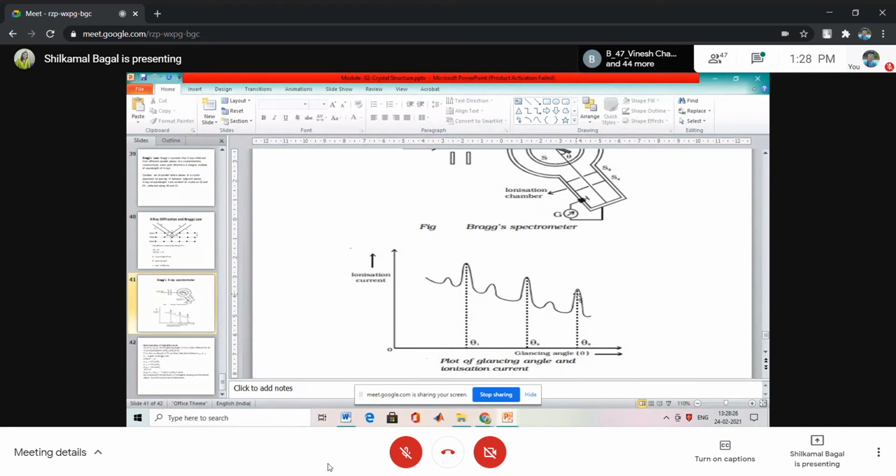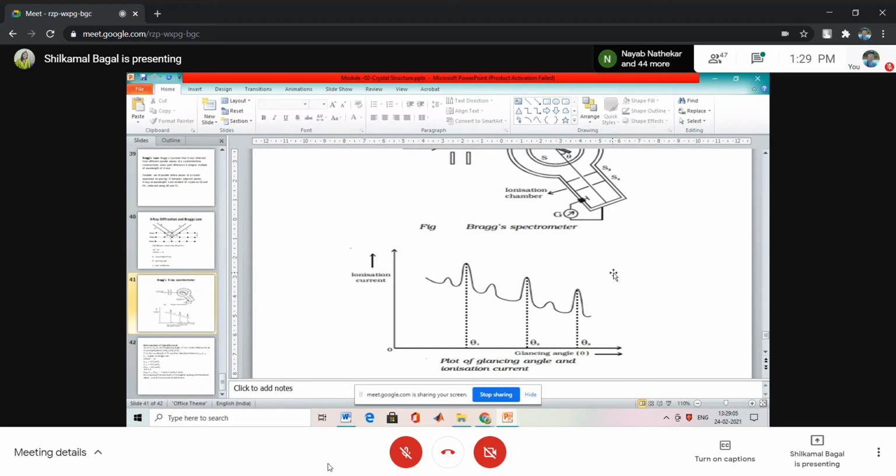And that will show that the set of the next principal planes has come, and the next principal plane is nothing but 110. For that 110 plane, there will come the first maxima for which the ionization current will be maximum compared to the previous maxima. So that position where current is maximum compared to the previous one will be the first order maxima for the second set of principal planes, that is 1, 1, 0.